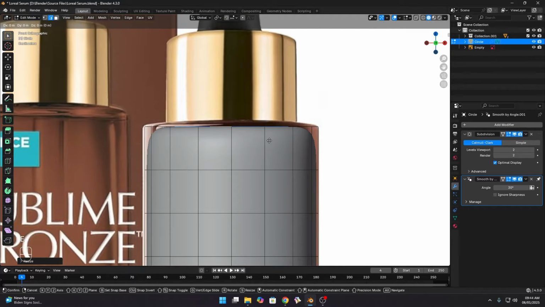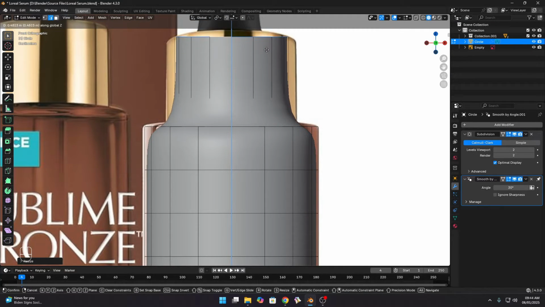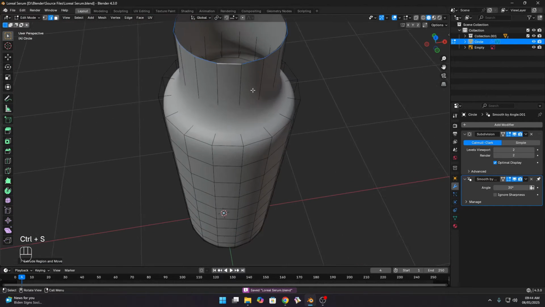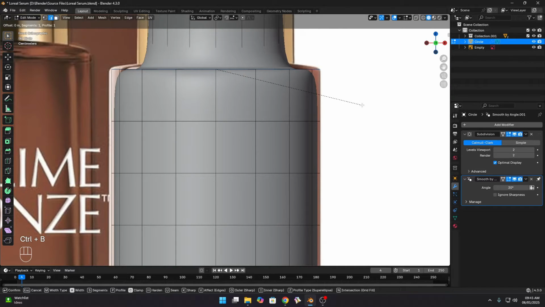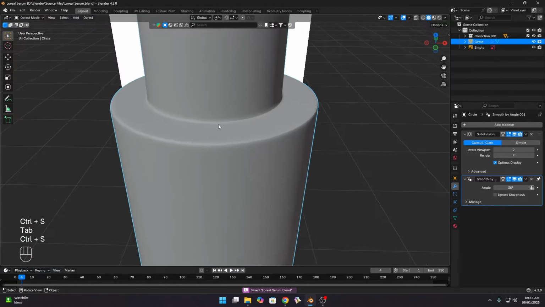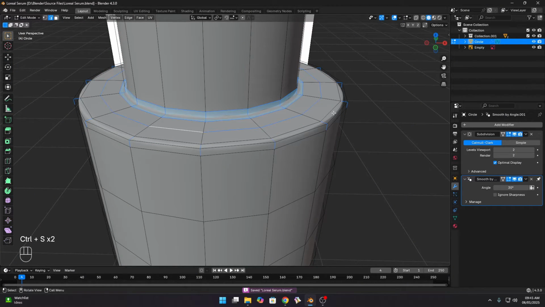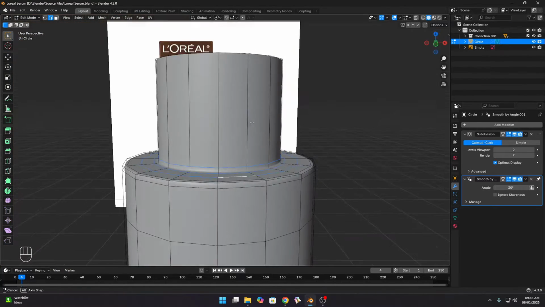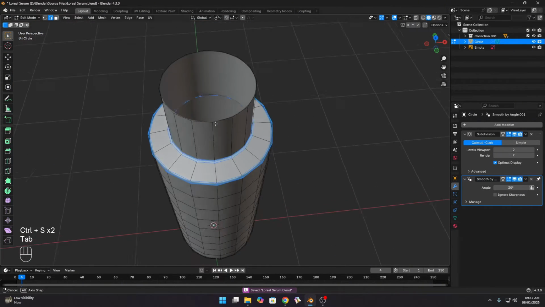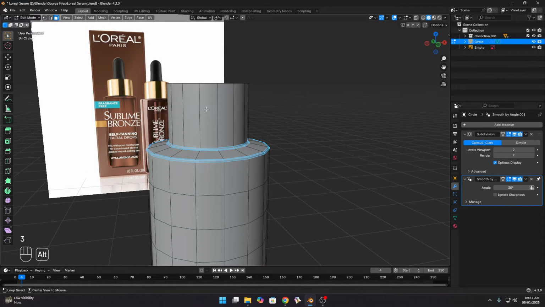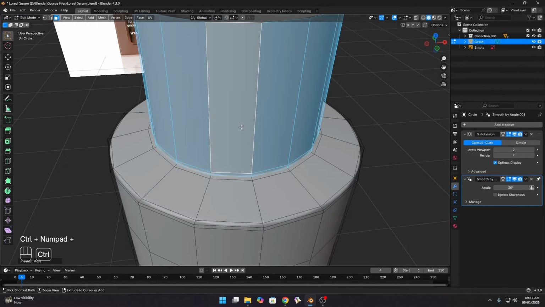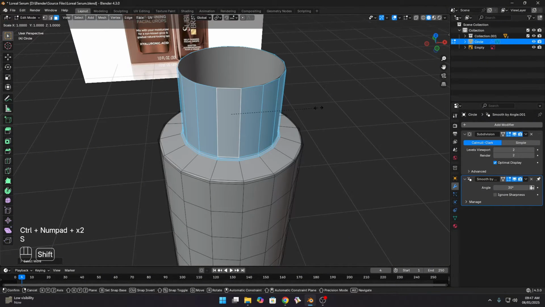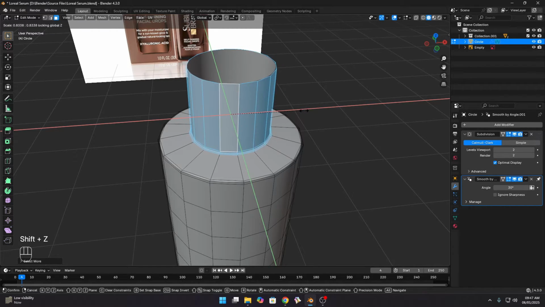Scale it down like this. Let's see, we extrude on the Z axis here. So let's match the reference. Also select this loop and this loop and press Ctrl B to bevel these. I add 2 segments here, and shape value 1. One more thing, select these vertices and move them a little above. I think this face is too big for the bottle. Let's go to face select mode, hold Alt and left click to select this loop, press Ctrl numpad plus to grow the selection, and press S and Shift Z to exclude the Z axis and scale it down like this.